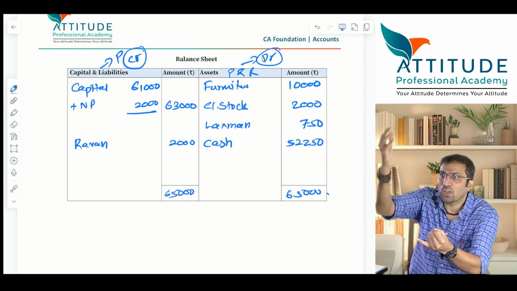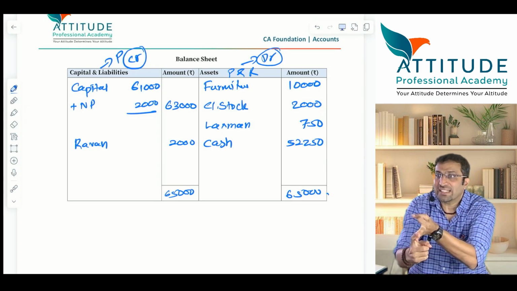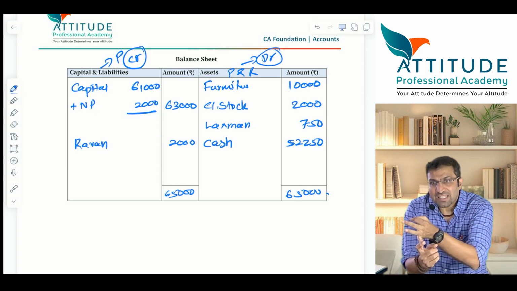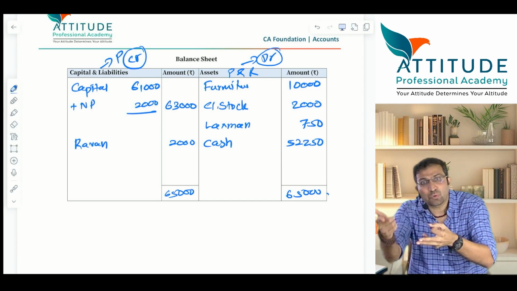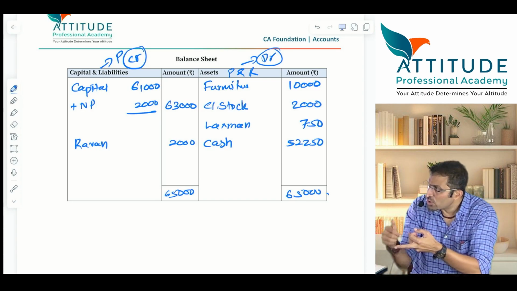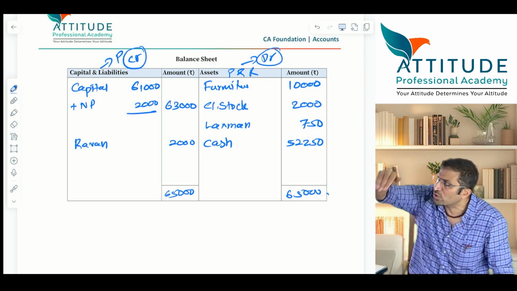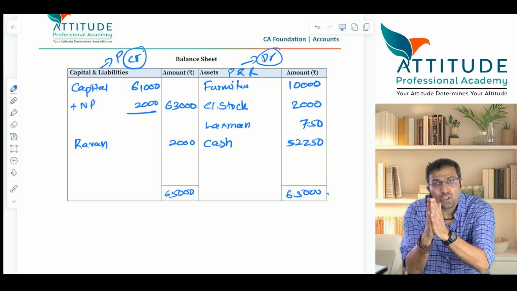See here, if there is purchase return, sales return, and if there is drawings, these also have to be closed. Reason is purchase return should be adjusted with purchases. Sales return has to be adjusted with what? Sales. And drawings has to be adjusted with capital. Like net profit is transferred to capital, drawing should also get transferred to what? So these three things also have to be closed by passing